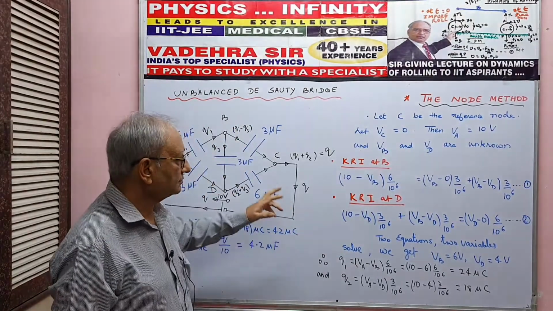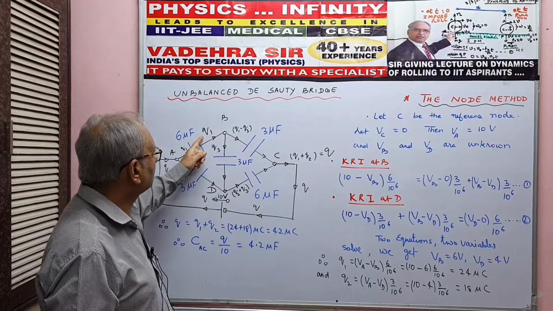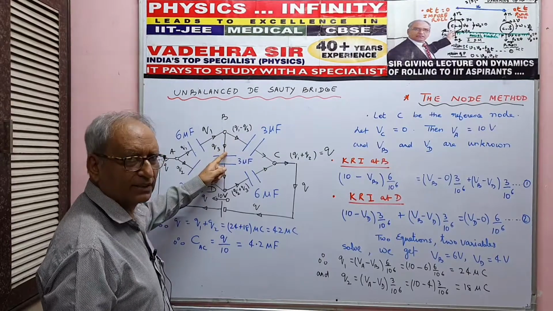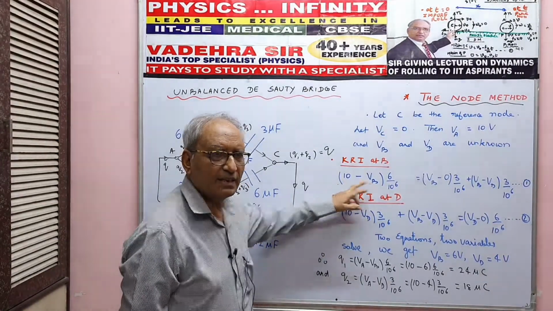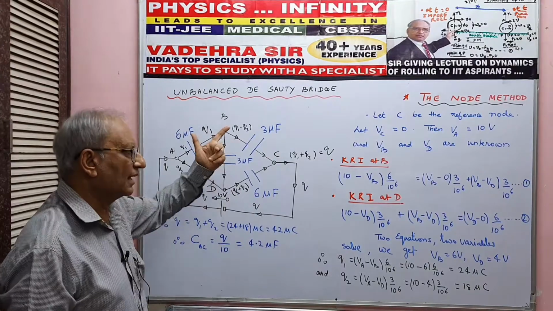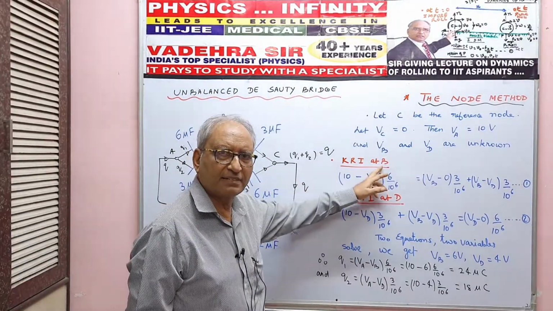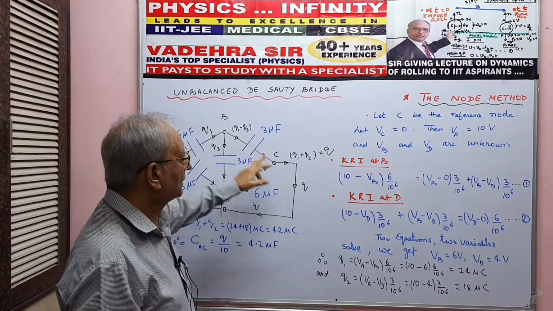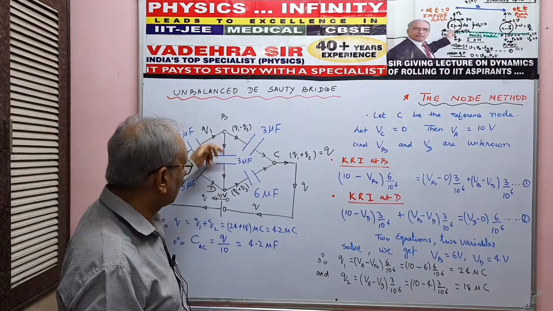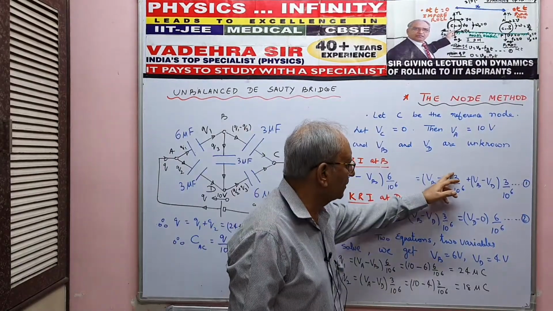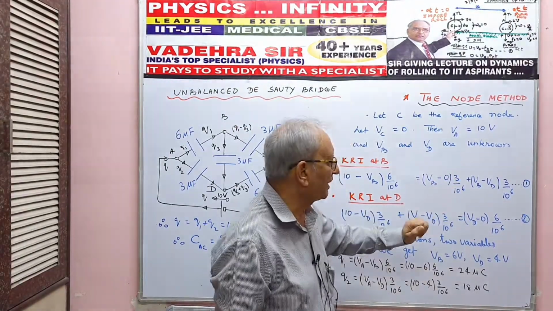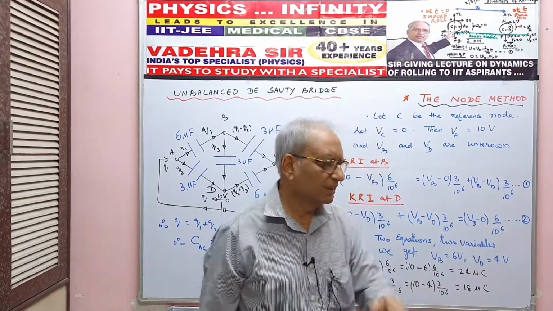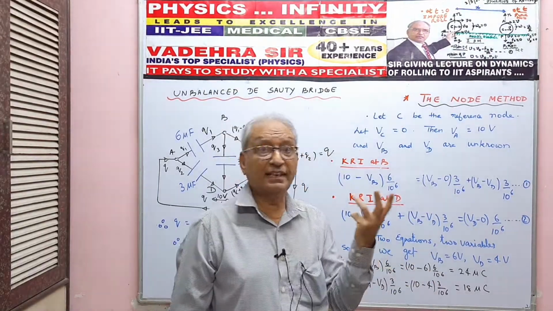Now let me apply Kirchhoff rule 1 at B. This charge entering is equal to this plus this charges that are going. So 10 minus VB, because this is 10 volt, this is VB unknown. So (10 minus VB) into capacitance 6 microfarad is equal to the charge flowing in this and the charge flowing in this. So (VB minus V0) times 3 microfarad, that is 3 upon 10 to the power 6, plus (VB minus VD) times 3 upon 10 to the power 6. Equation 1. Mind you, there are two variables, VB and VD.